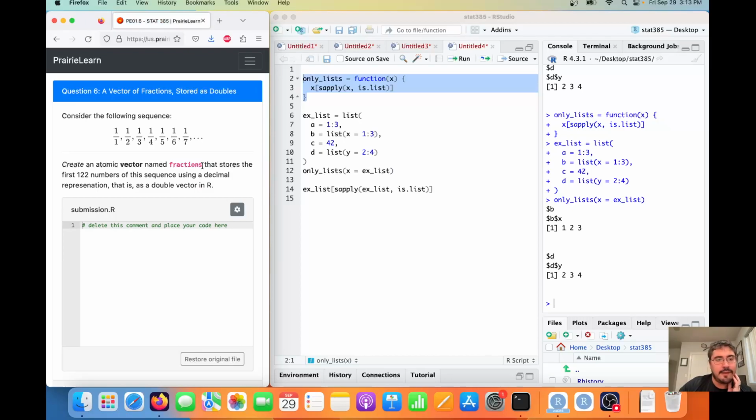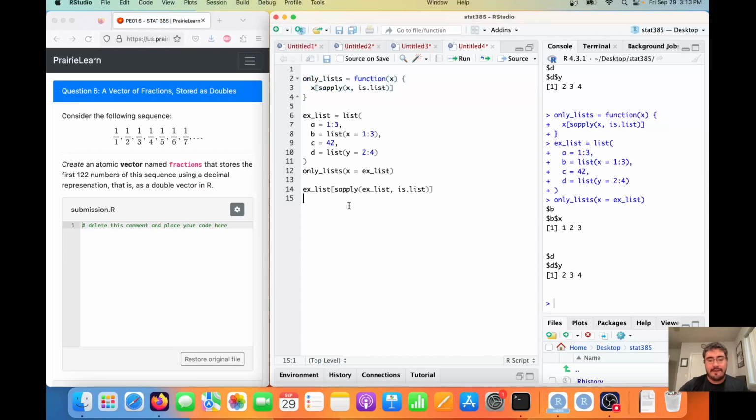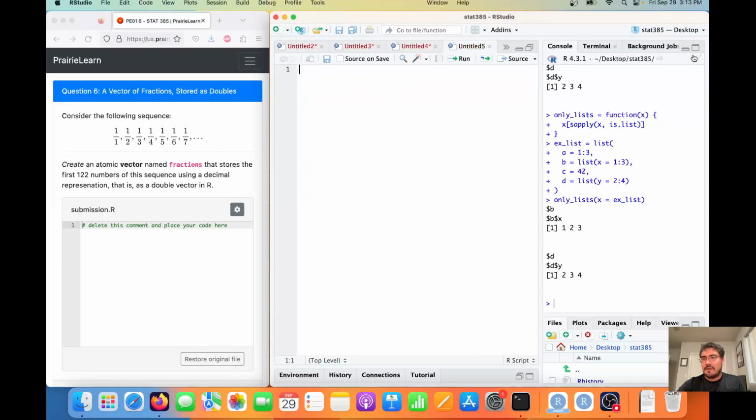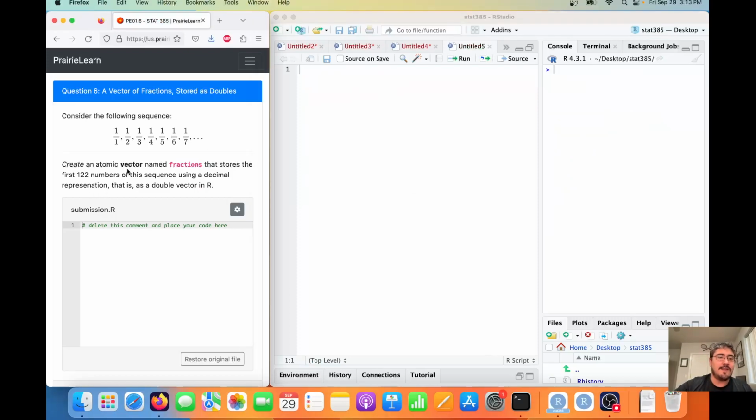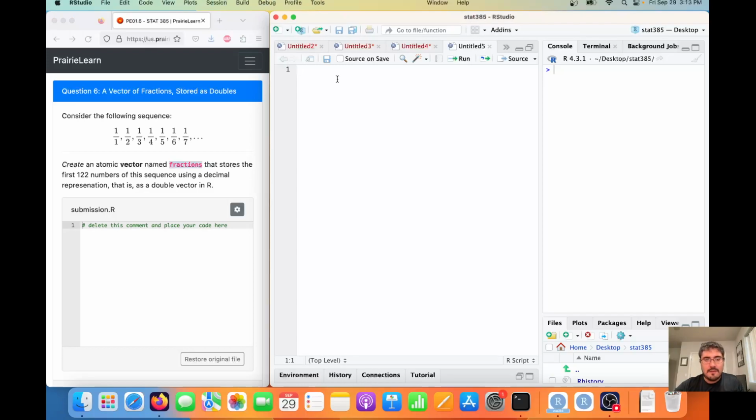Okay, consider the following sequence. Let's make sure I close everything. Create an atomic vector named fractions that stores the first 122 numbers of the sequence using a decimal representation. So that's that sequence right there. It's not going to write it out in fraction form. It's going to be a decimal representation. I'm pretty sure that's just 1 divided by